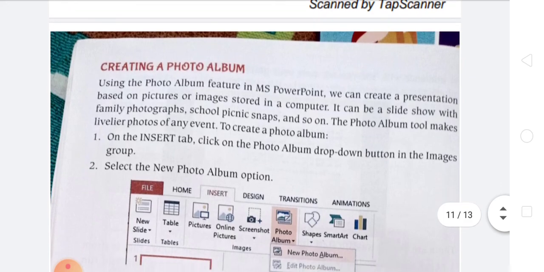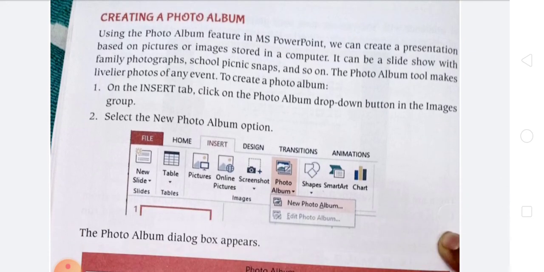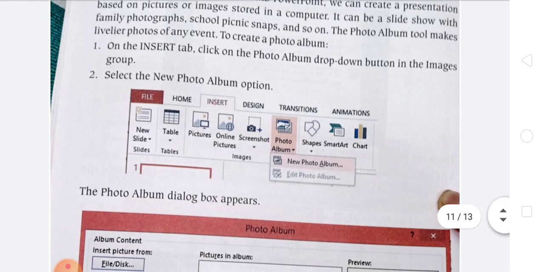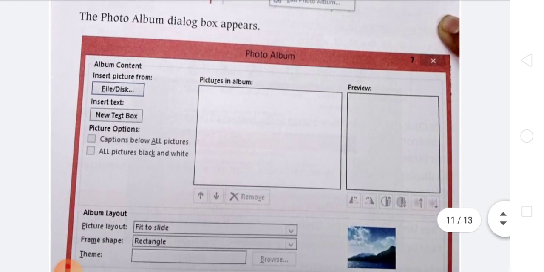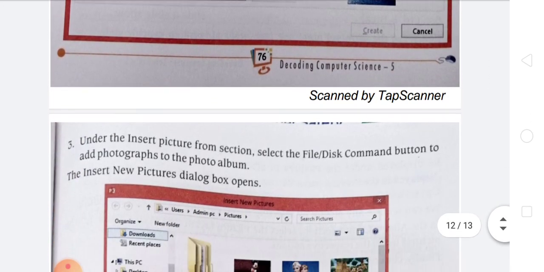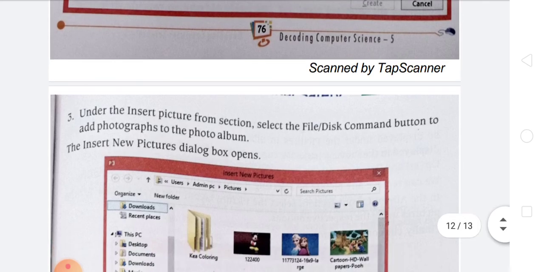Then, how to create a photo album. First of all, go to the Insert tab, then click on the Photo Album drop-down button from the Images group, then select the New Photo Album option just like this. After that, under the Insert picture from section, select the File/Disk command button to add photographs to the photo album.